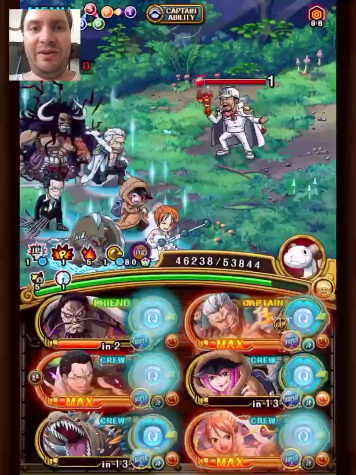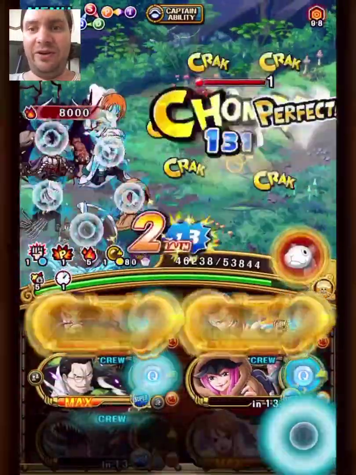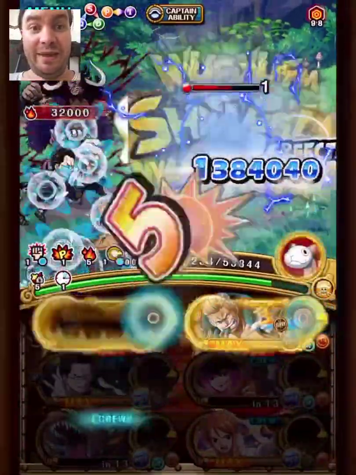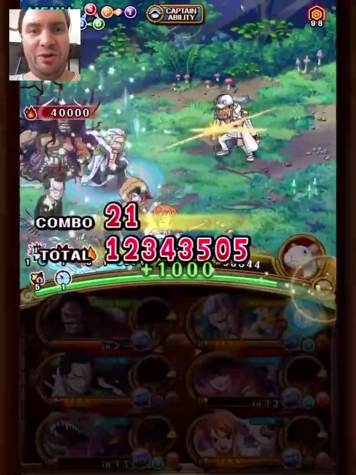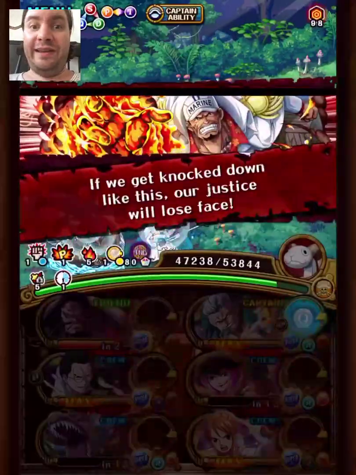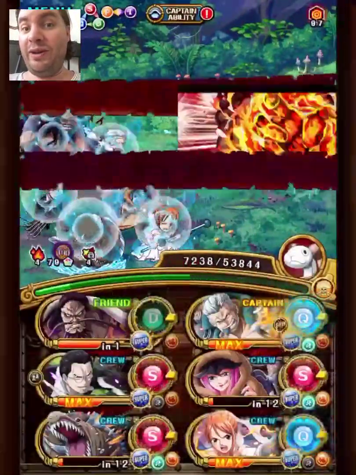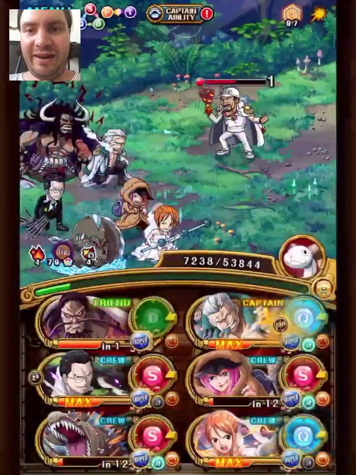There is a difference though that I discovered, and it's that the perfect buff applies as soon as you meet the condition. So even if the perfect buff gets removed, you still get the buff, as you'll see here. But if timer is removed, it never gets applied. So as you see here against Akainu,